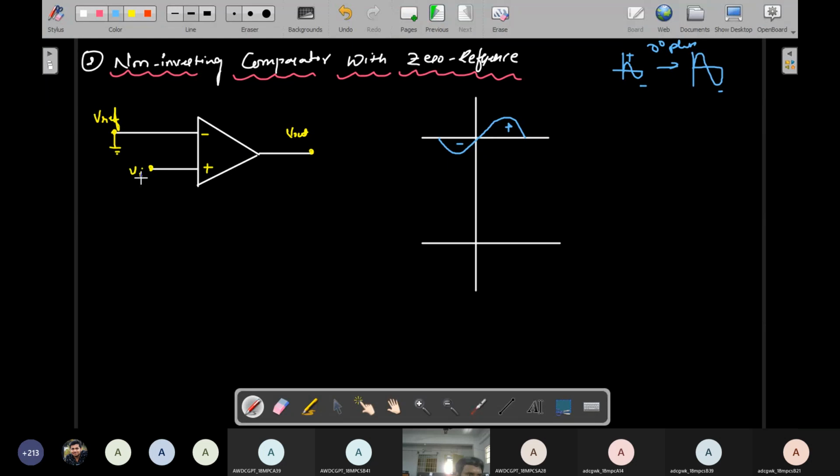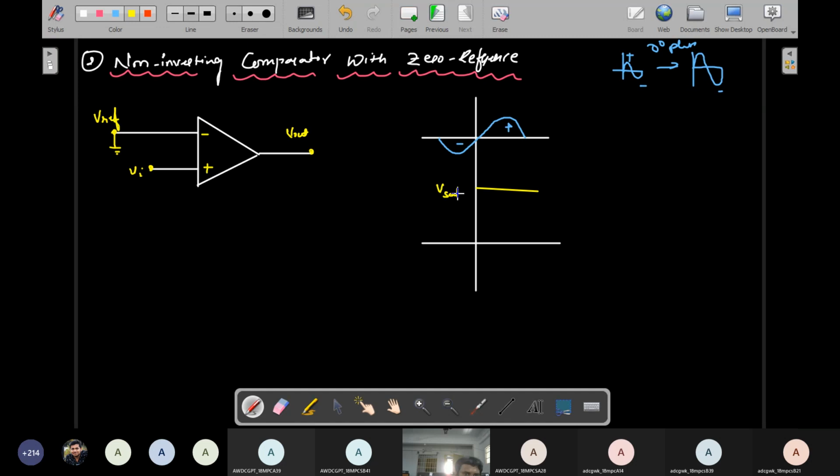So in this condition, the input voltage is given to the non-inverting terminal, and the reference voltage is given to the inverting terminal. What will happen according to the input signal given? See here. Whatever positive signal is given to the input, the output will be in the same direction. Therefore the saturation region is also in the same direction. So this is the saturation region direction. This is the V saturation.